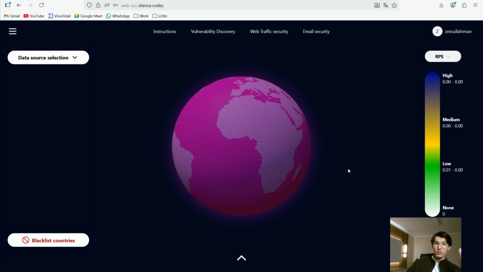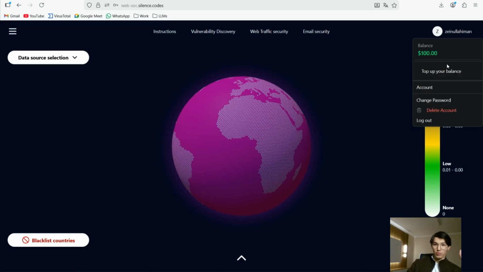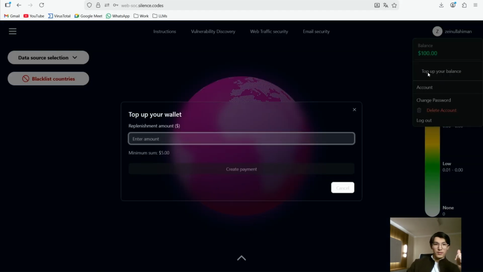And right now, you would need to top up the balance here. So you would need to click on your profile. And right here, there's the button that says top up your balance. Don't pay attention to the current balance. I have already topped it up. So you can enter the amount right here. For example,